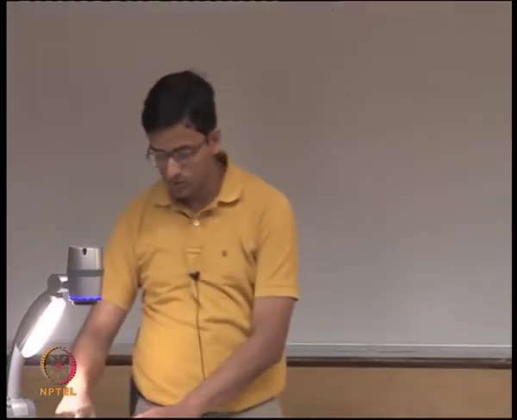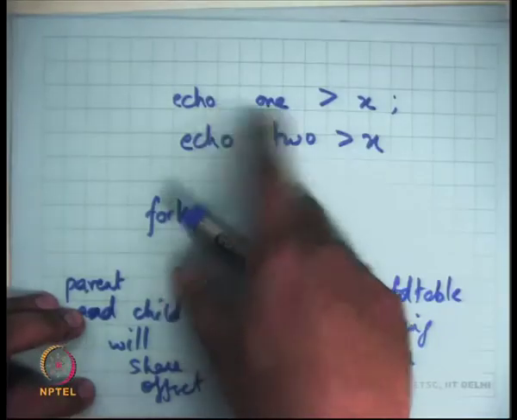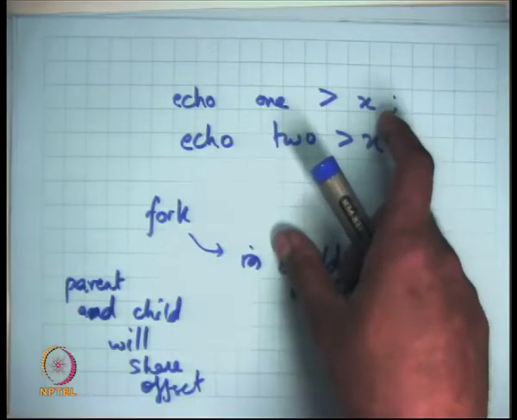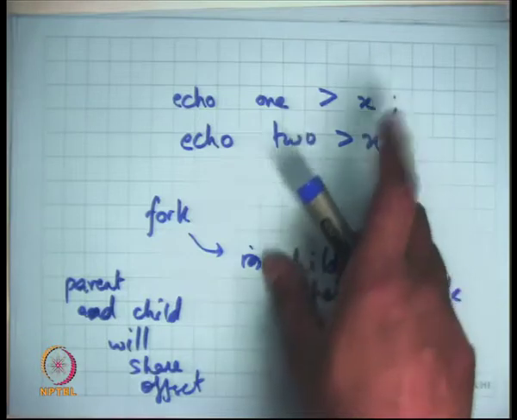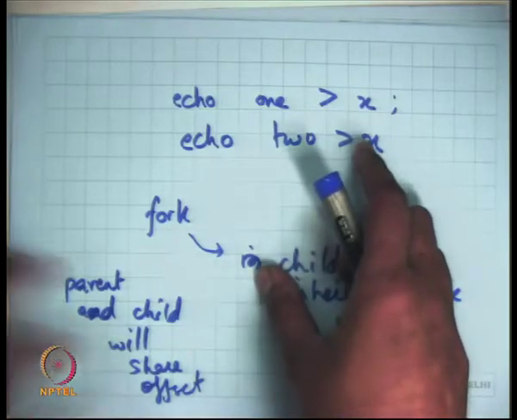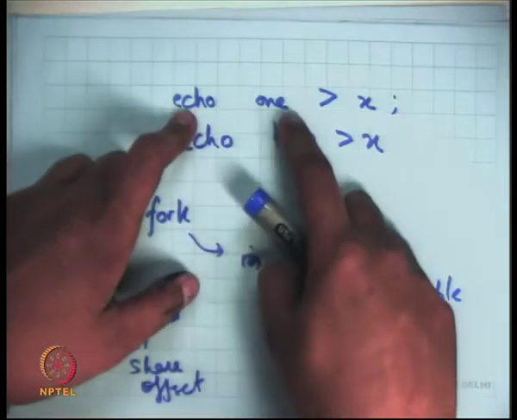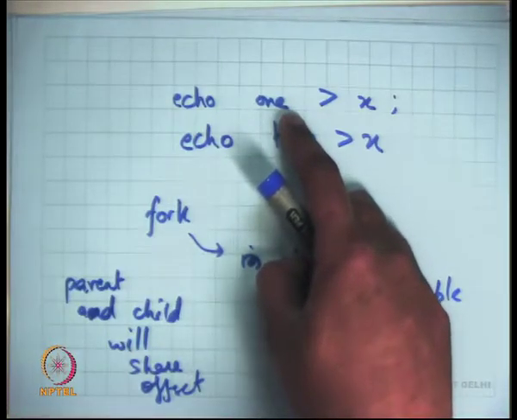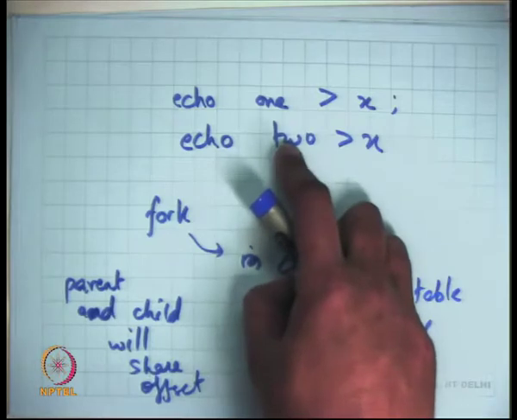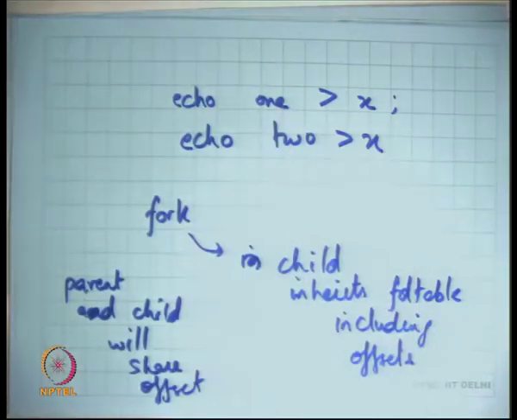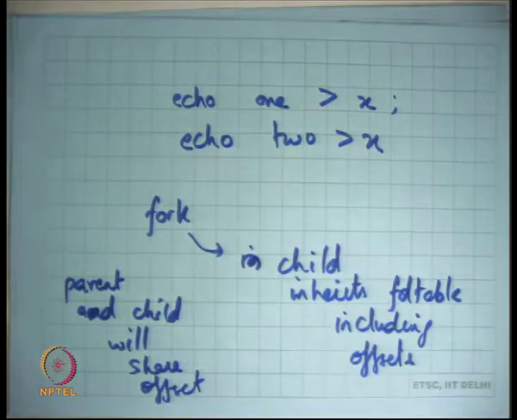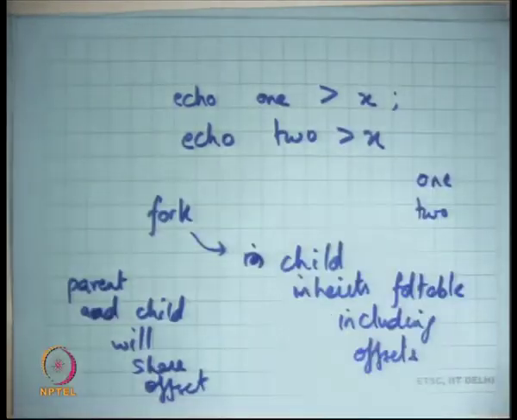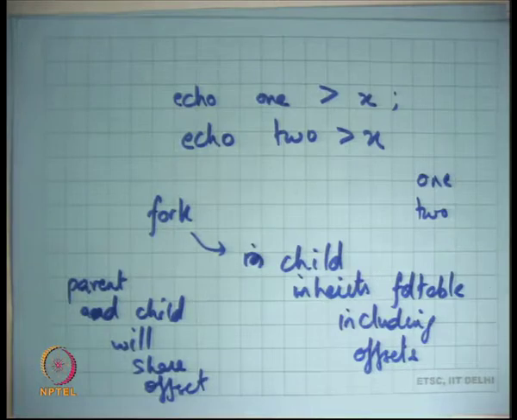If you can do some synchronization of this type, that first you were going to write 1, then by semicolon you basically mean that you're going to wait for the first process to exit before you spawn the second process. Automatically, what will happen is that the first child process incremented the offset, and so the parent's offset also got incremented, and then the second child process saw the updated offset. So you basically see 1 and 2 in the file, right? So it's possible to do this.